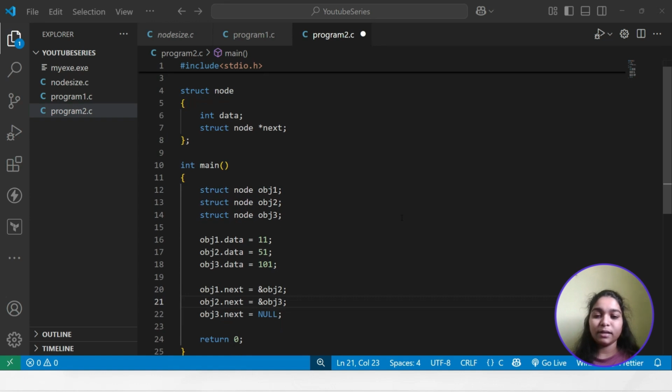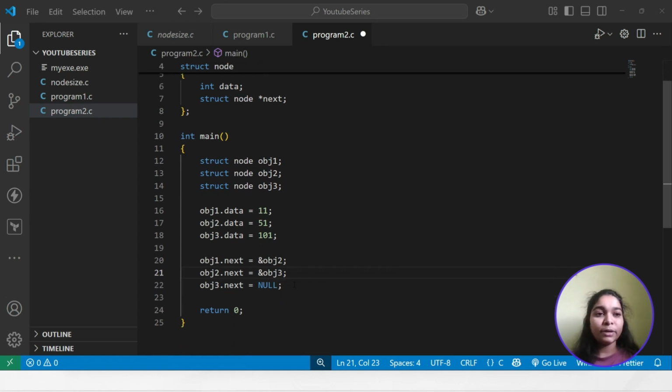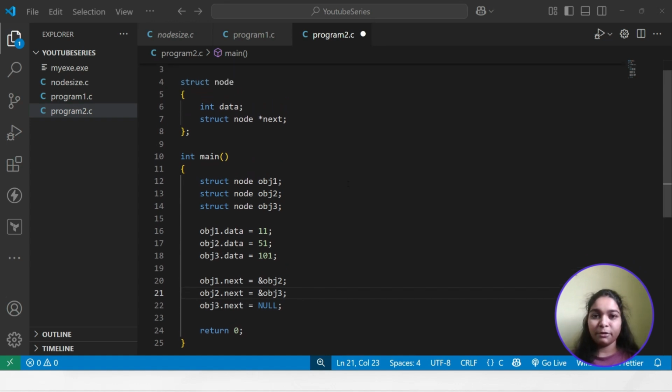Right. As you can see, we have not included any print statement here. So this program will not print anything. It will run perfectly, don't worry. It doesn't give an error, but it just won't give us the output that we want. If you want to try, just save your code